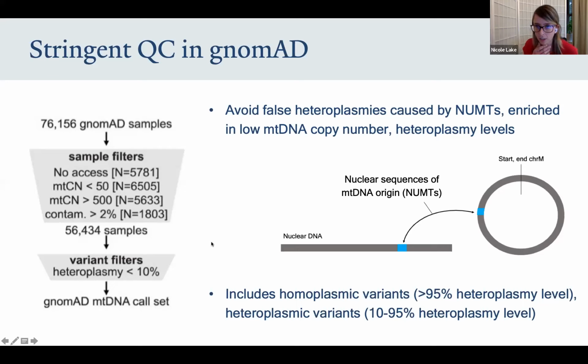So this was quite a conservative approach, but we really wanted to avoid any heteroplasmy pseudo-NUMTs. So this call set includes data on homoplasmic variants, as well as heteroplasmic variants. And this is fairly significant because population databases like MitoMap, prior to the advent of gnomAD, hadn't included heteroplasmic variants, whereas genome sequencing data gives you the ability to provide that.